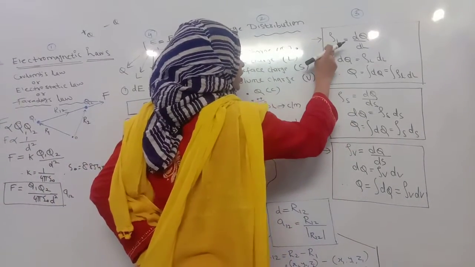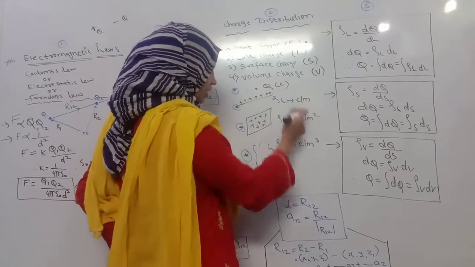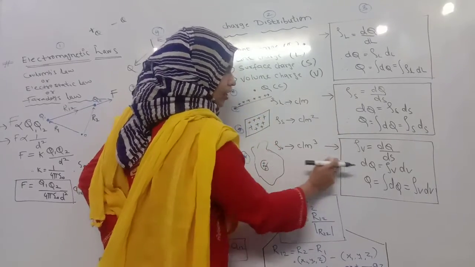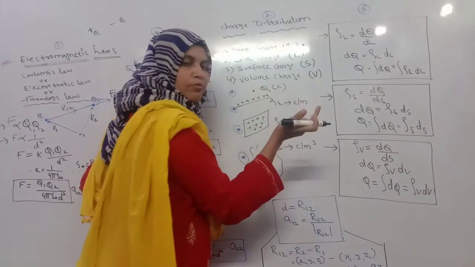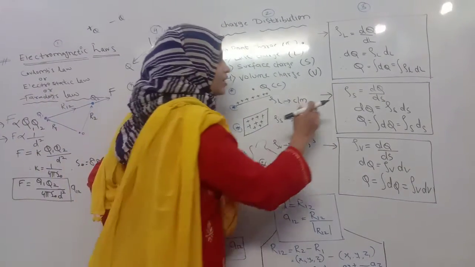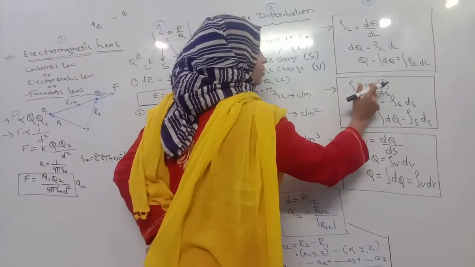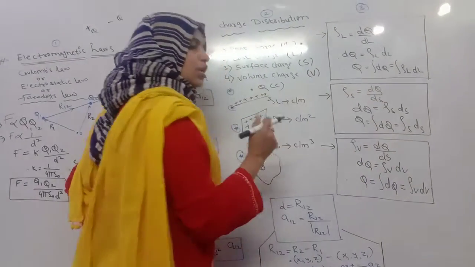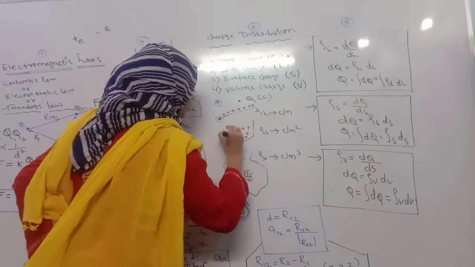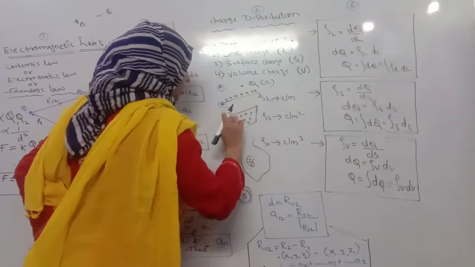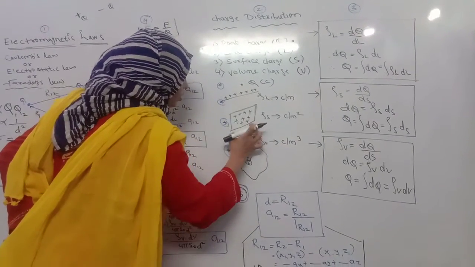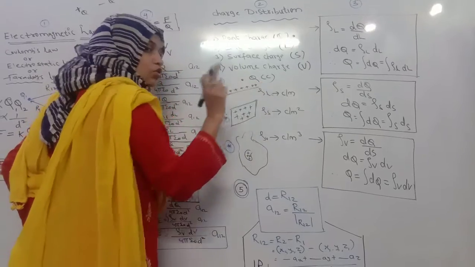Now come to the second point. In the first case the point charge doesn't matter, but in all the other cases we need to calculate. This is related to rho L, this to rho S, and this to rho V. Whether it is positive or negative charge doesn't matter. Come to the second point, that is the surface charge density, rho S. Rho S will be equal to, again, the surface is directly proportional to the charge but inversely proportional to the surface area. How am I saying this? This part, this part and this part: the surface has two sides, this vertical or this horizontal, so you are getting it twice.